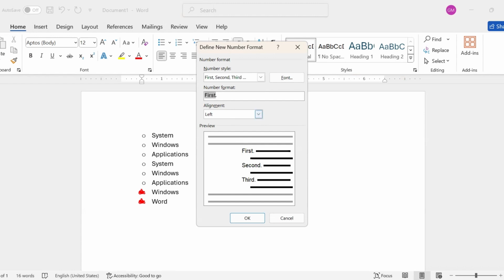Maybe you need to add a dot or period. For example, you need to add a comma. Whatever you need to add, you can add before or after this. Also, you can add before if you need to write one first, one second, one third. If you have many topics and these topics have